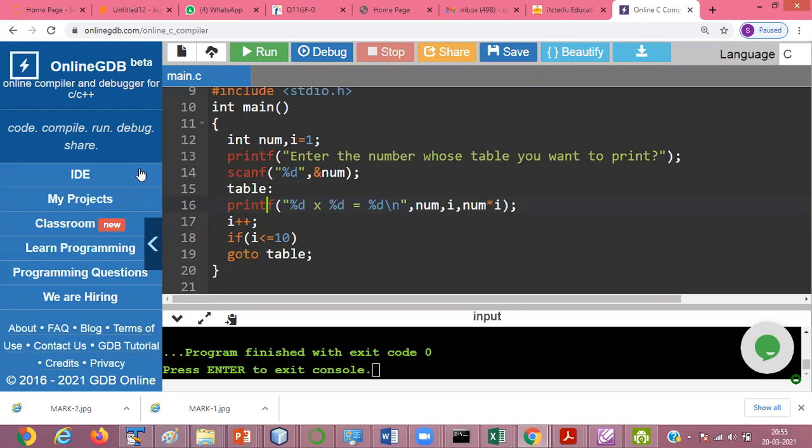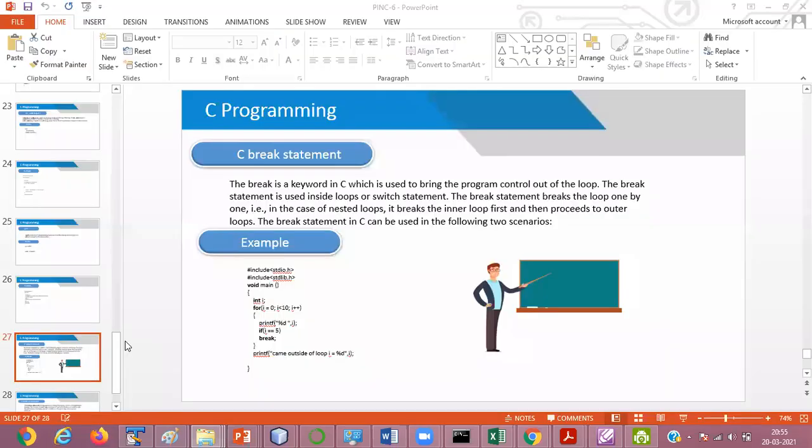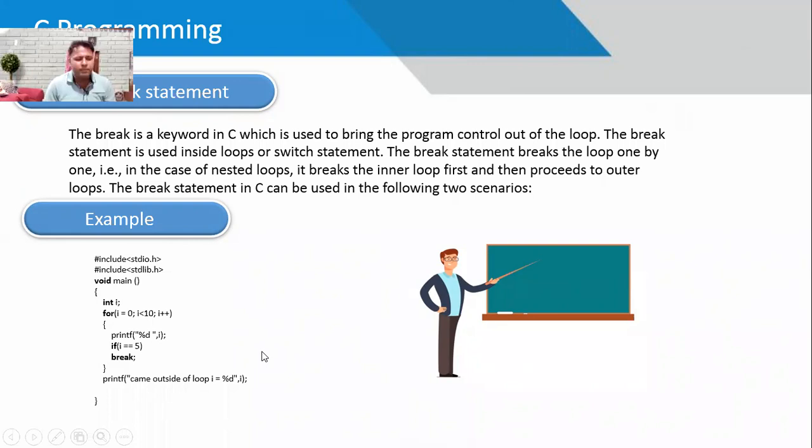Next I move to the break statement. The break is a keyword which is used if you want to stop your looping in between or before finishing your looping.